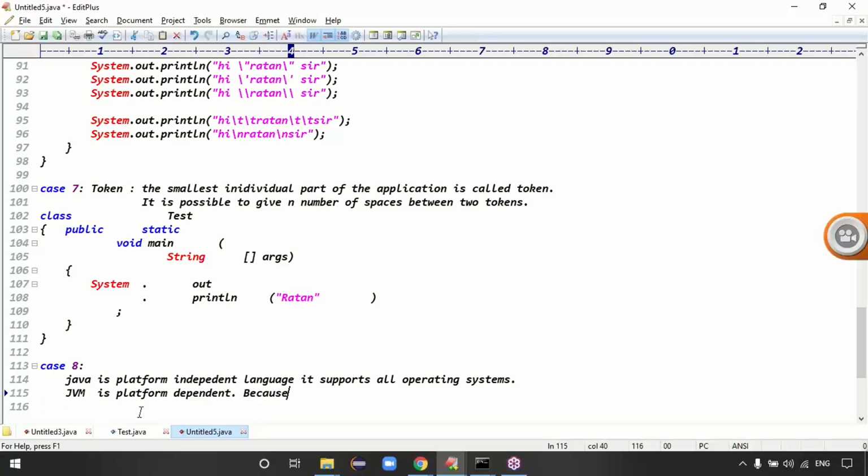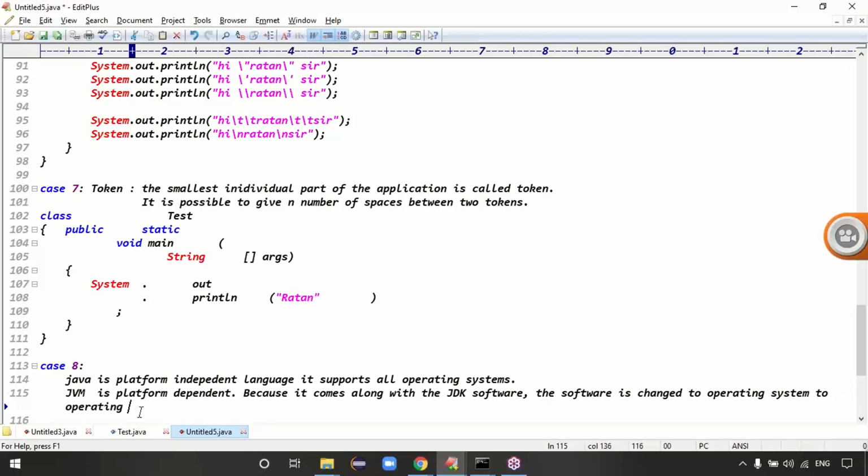So if you want to note the point, the JVM is platform dependent because it comes along with the JDK software, and the software changes from operating system to operating system. So the JVM is also changed. That's why the JVM is platform dependent, guys.